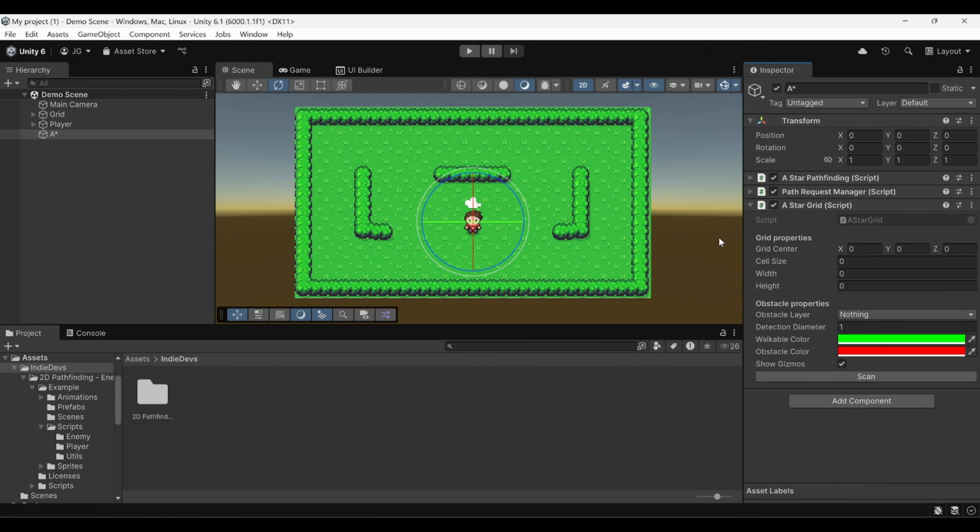Now let's set up grid properties of our A star grid. First thing you'll want to do is make sure that the show gizmos is set to true, and also that this icon is blue. So basically the gizmos is turned on in your scene view. If that's true, we can go ahead and set the grid properties of our A star grid to match perfectly